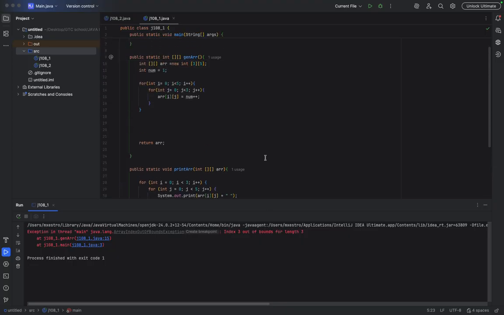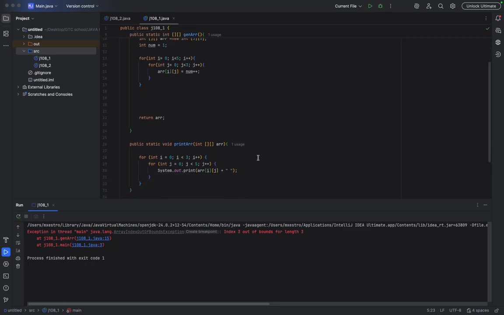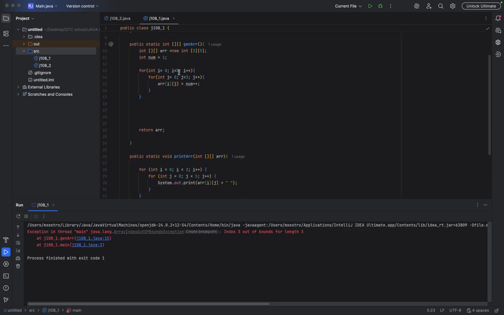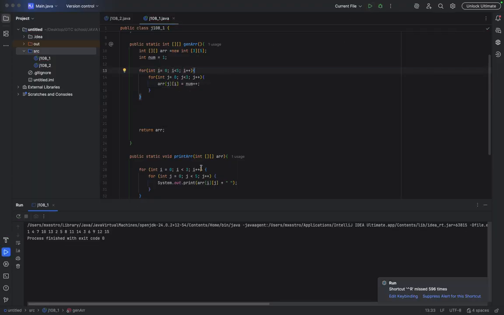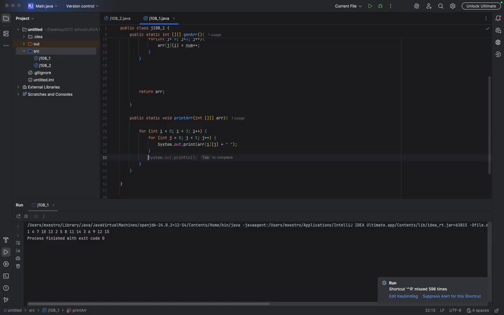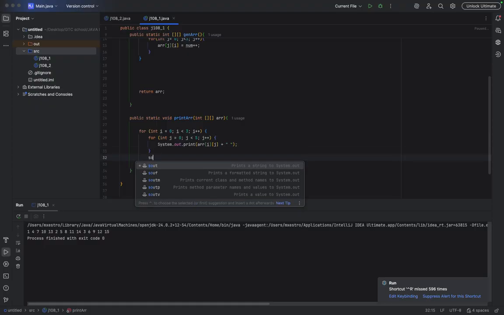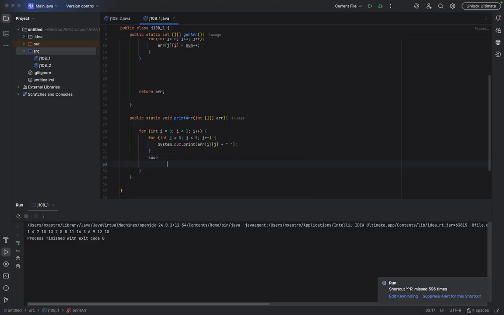Then it's out of bounds. Oh, I should put the column first, then i afterwards. It should work now. And then for readability, I'll print out